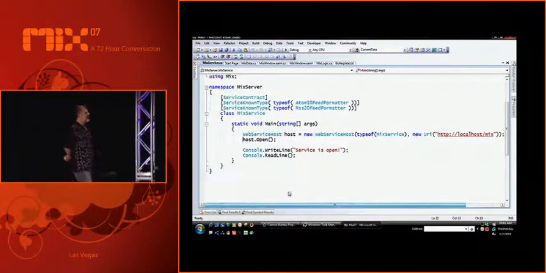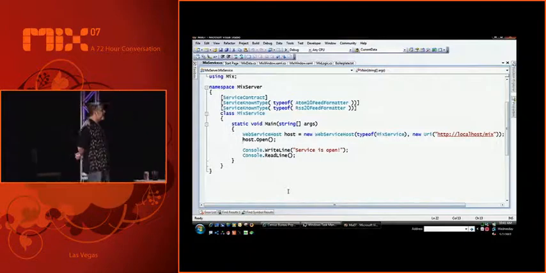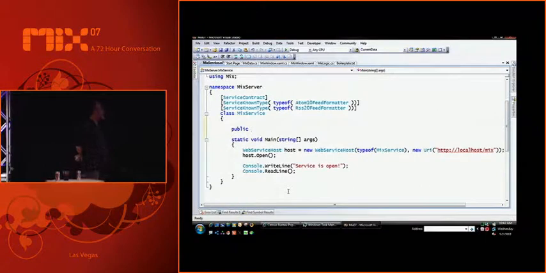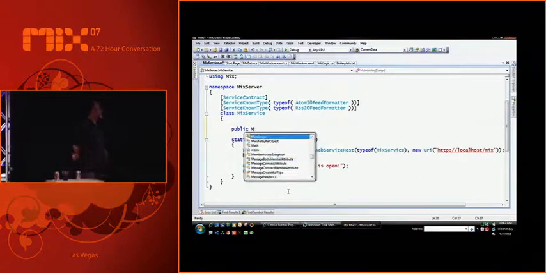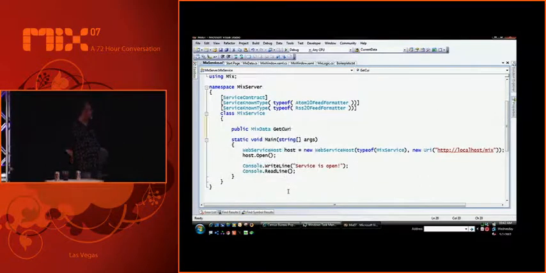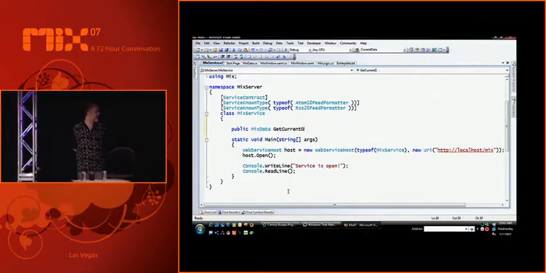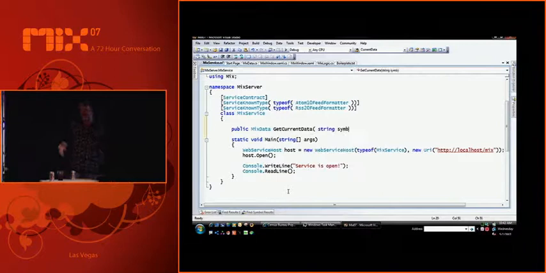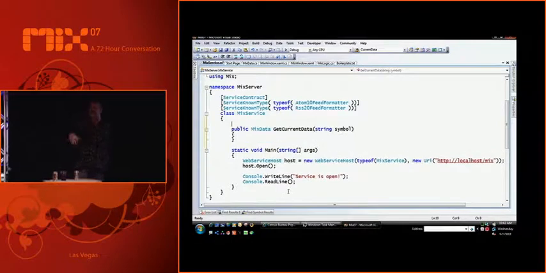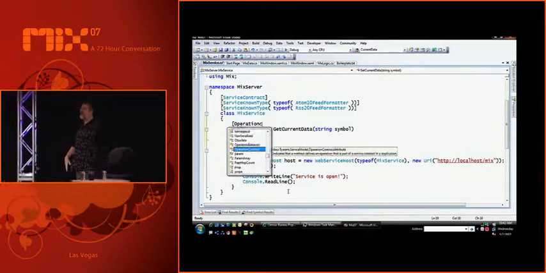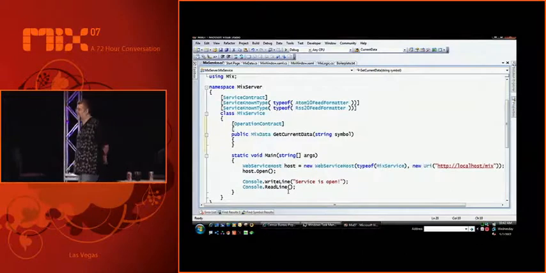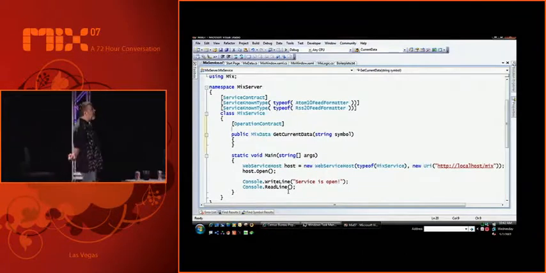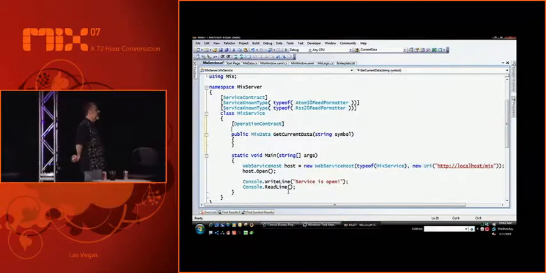So what we're going to do now is write a service operation. We're going to write a class, a method, public MixData. We're going to write that get current data function here. It's going to take a symbol, because we're going to allow you to look and see if only that person could trade his shares on a one-to-one basis for, say, Google, how much better would it be for the rest of us? And we're going to call the same piece of logic.